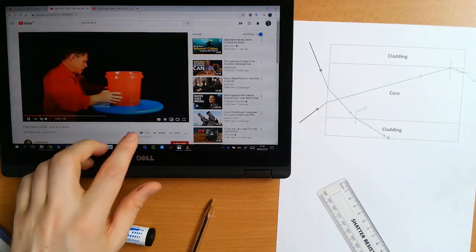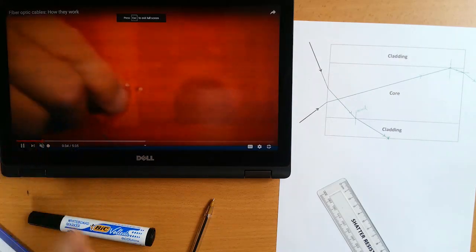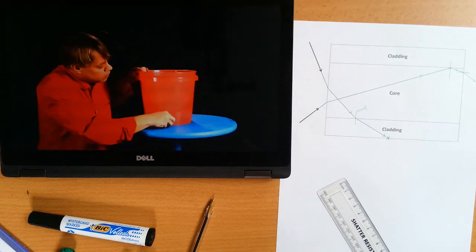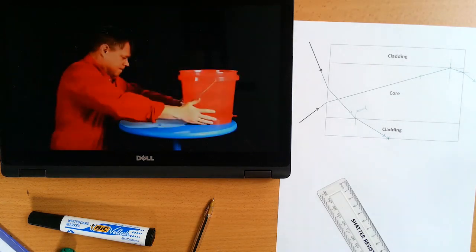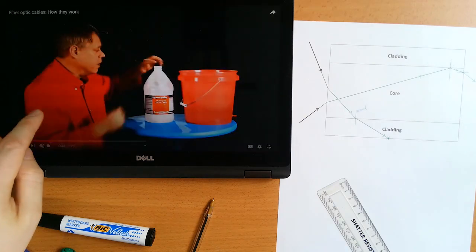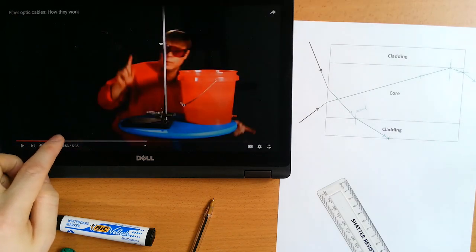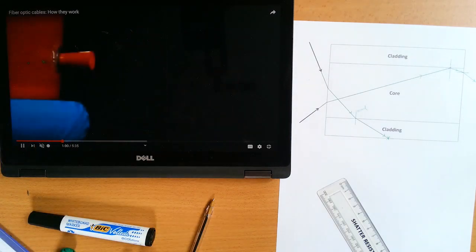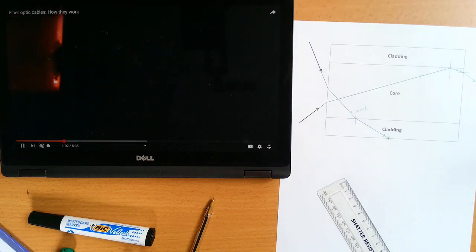Now, what he's got here is a bucket filled with, it's not water, it's some of the liquid, I'm going to call it water. But what he's going to do is take the bucket, fill it with that stuff, and what he's then got is a laser here. And what he's going to do is shine the laser through the bucket, and when he takes that plug out,